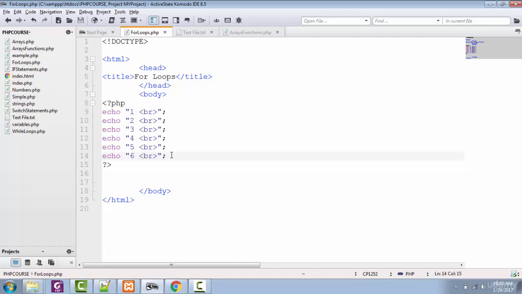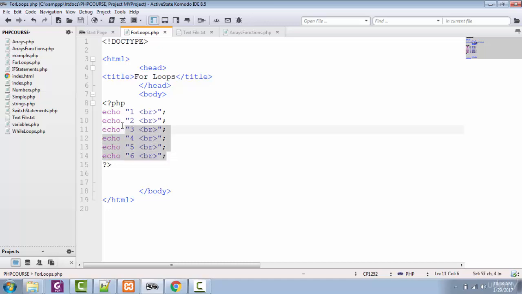So for loops are very handy when it comes to showing something to the user over and over until your desire meets. You can show 1,000 or maybe 1 lakh numbers to the user by using just 2 statements of PHP. One is the for loop and the other one is the echo statement. So loops are very handy when you want to show the user a large amount of data using just a couple of statements. So in this lecture we are going to learn about for loops.